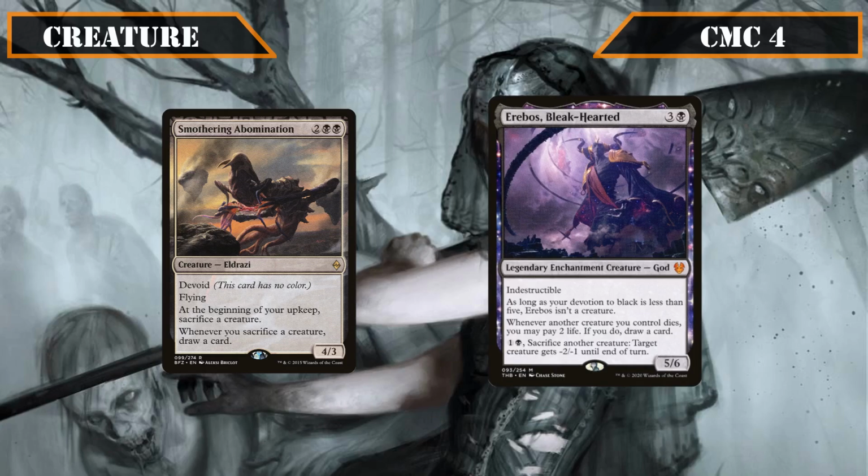Erebos is a 5/6 enchantment creature with Indestructible that isn't a creature unless our devotion to black is 5+, lets us pay 2 life whenever another creature we control dies to draw a card, and lets us pay 1 black and sack another creature to give target creature -2/-1 until end of turn, serving as a source of card advantage and sack outlet initially that we can turn into a huge hard to deal with beatstick once our devotion